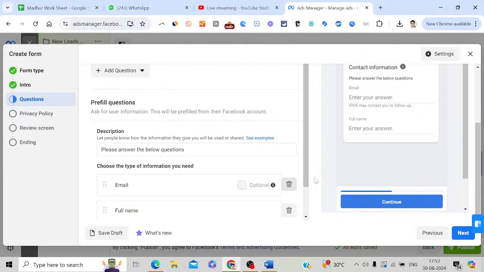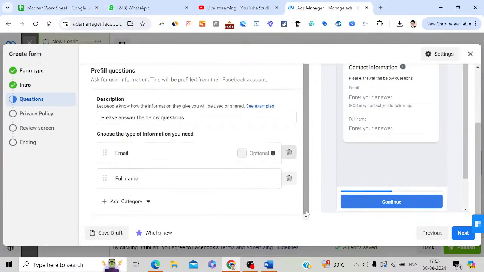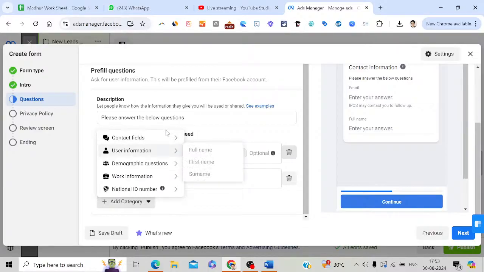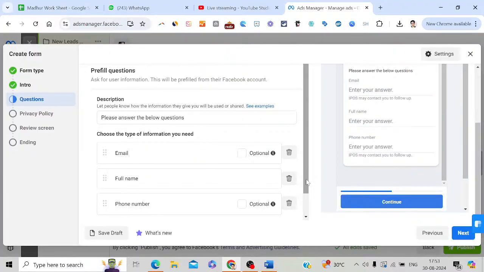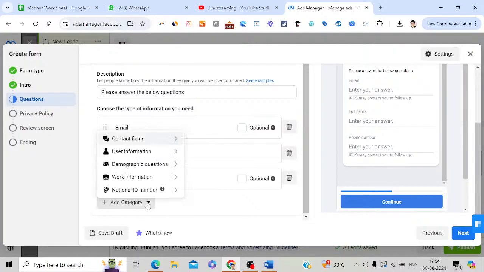Email, full name. Then you want to add the category here, for example phone number. So for example, user information you added, contact information, that's it. Demographic questions are not required, because you should try to keep your form fields as limited as possible, otherwise the user will not fill up the form. Work information is important here,